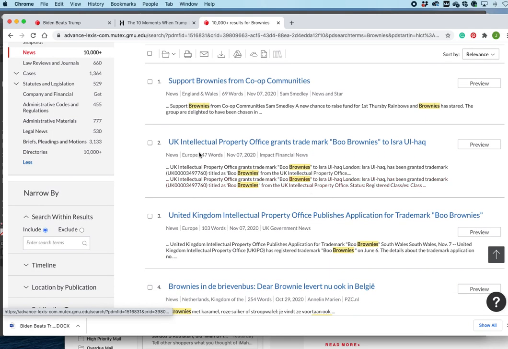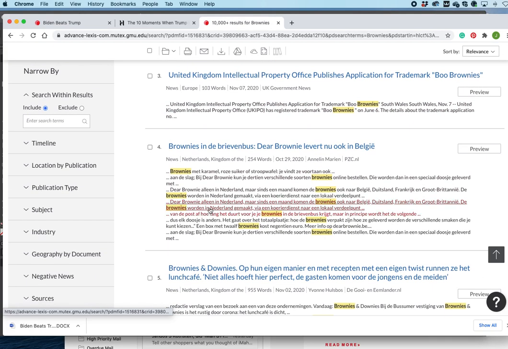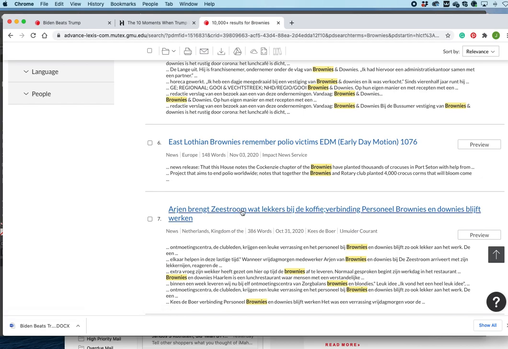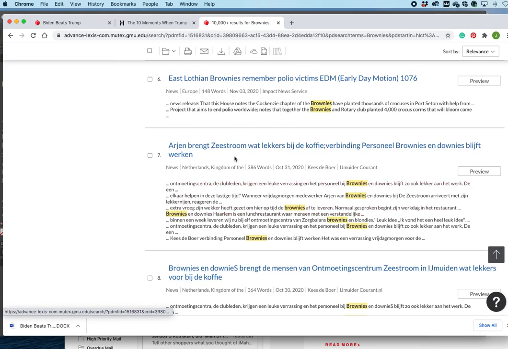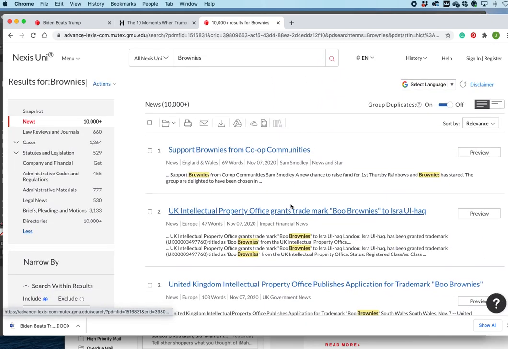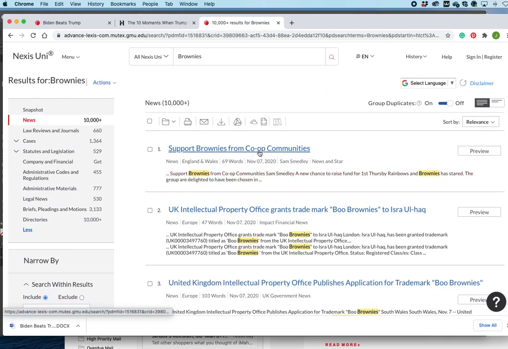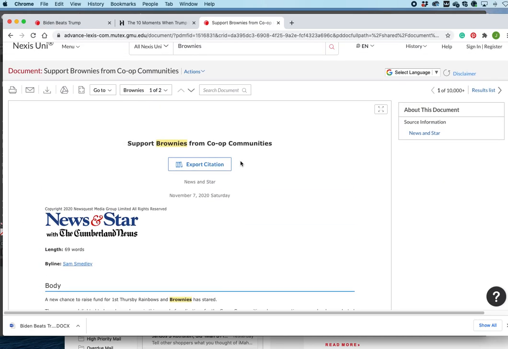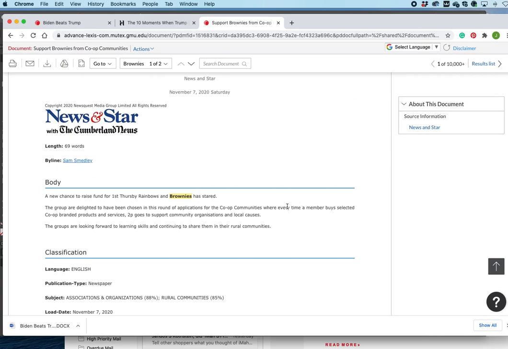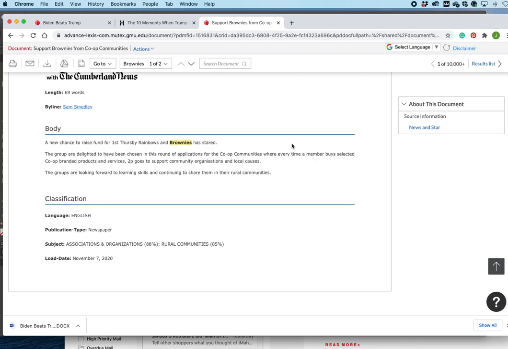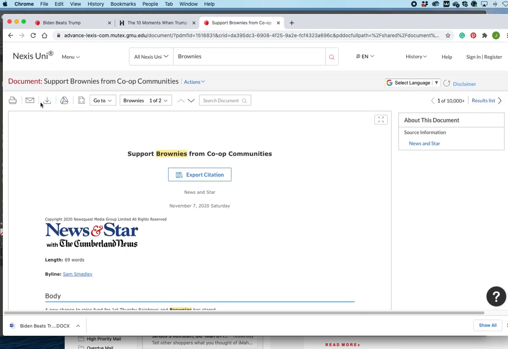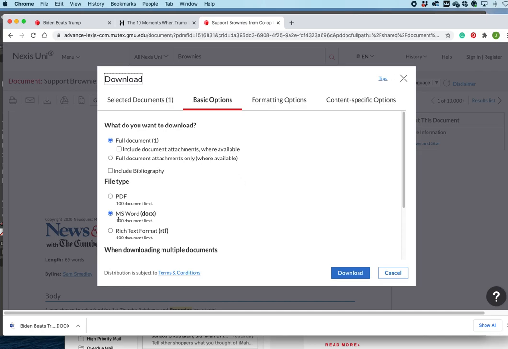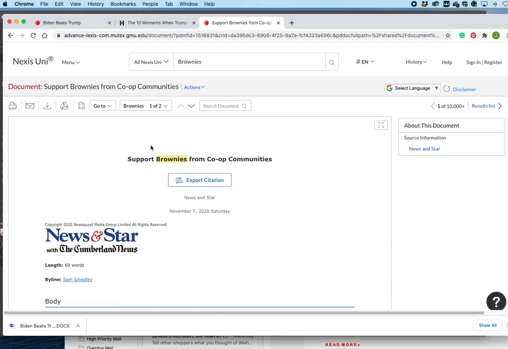And there's a bunch of articles. These don't seem to be about brownies you eat mostly, and we're getting some foreign ones as well, but it'll usually tell you a little bit of a preview, and it will tell you how many words it is and just a little bit about it. You can click on it. This is a very short one, shorter than the one you'll need, but you can just copy and paste it, which will come with a little bit of junk. Actually, anything you do will come with a little bit of junk. Or you could download it as a Word file, which is what I did. But I don't need that, so I'm not going to do that.